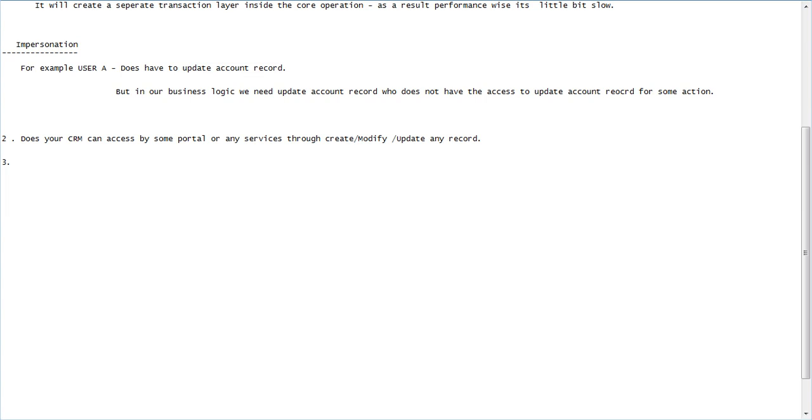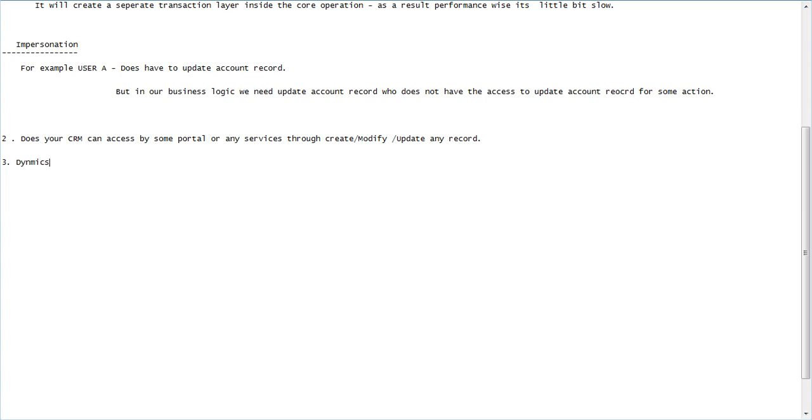In this scenario also we can go for the plugins. And one of the most major and least discussed things about when we can use plugins is this: